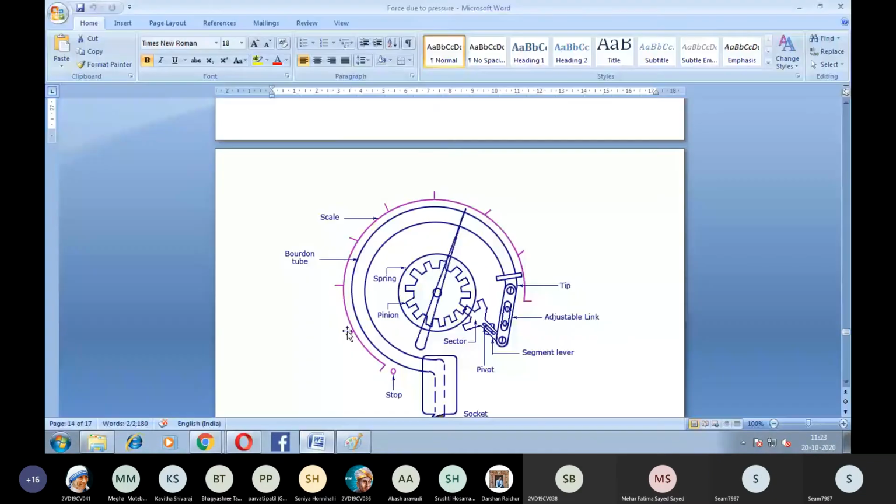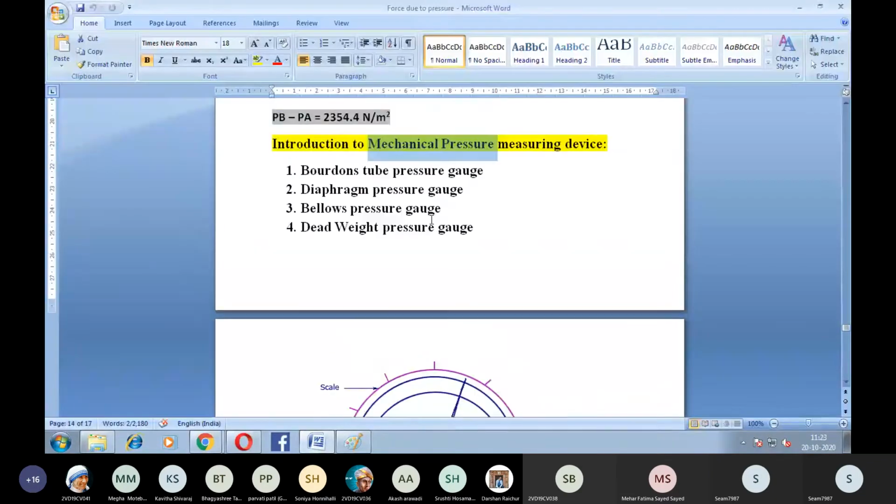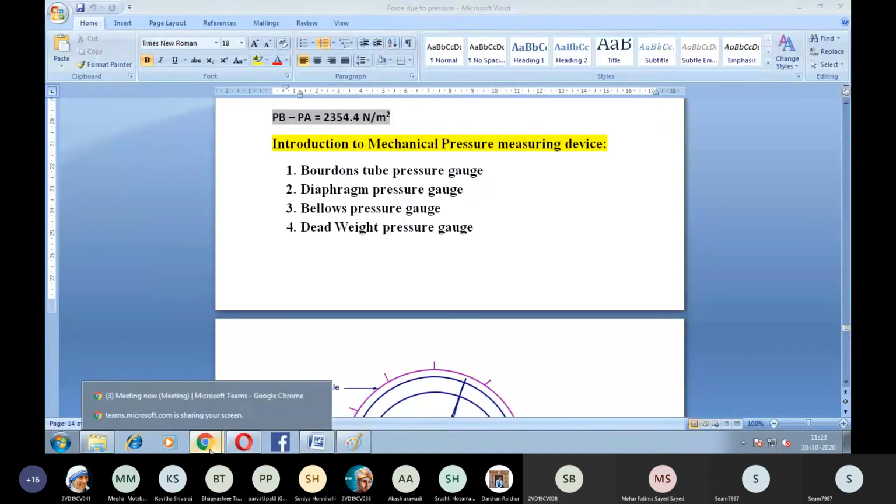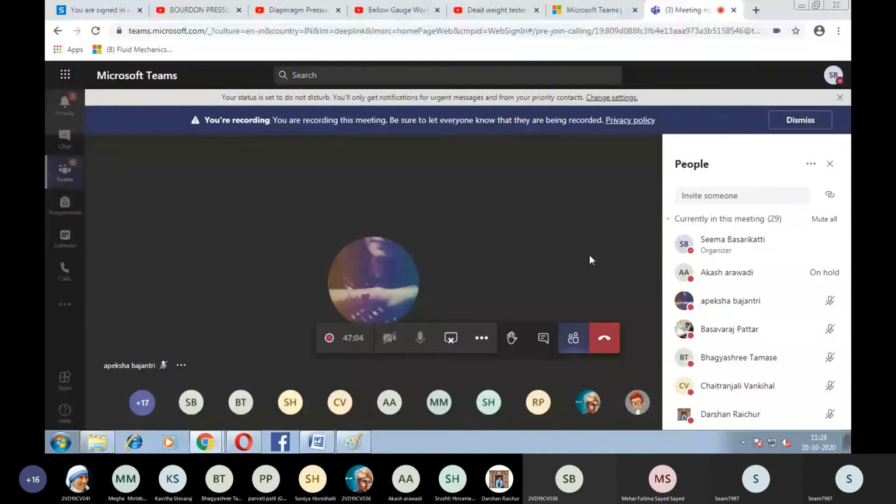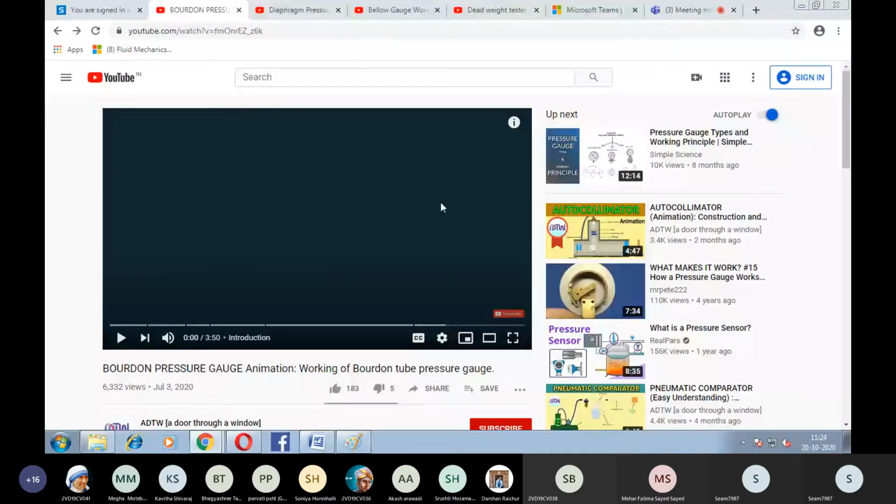Okay, fine. Is there any doubt in these gauges? No, ma'am. Did you understand the working procedure of these gauges? Yes, ma'am.